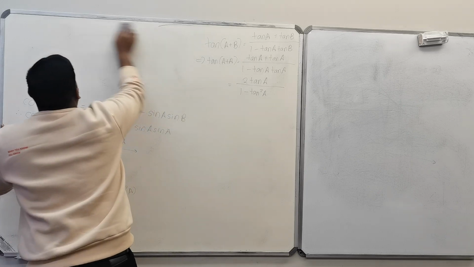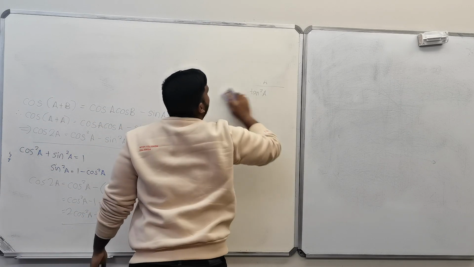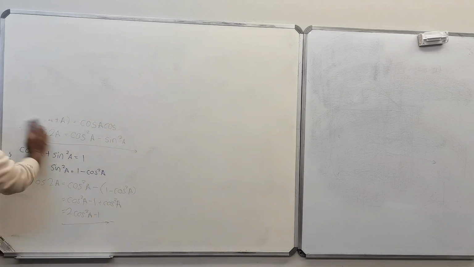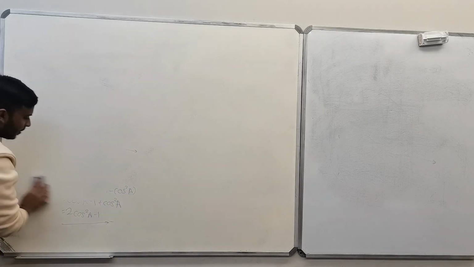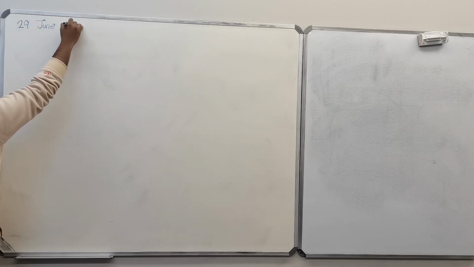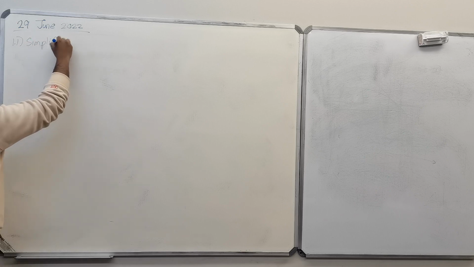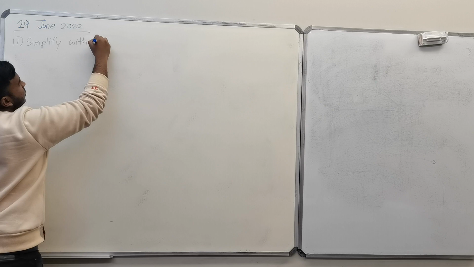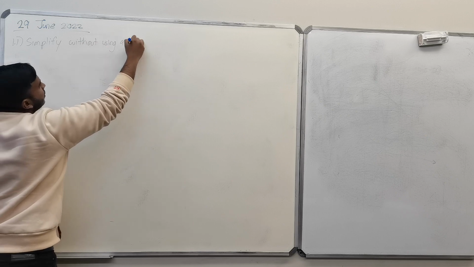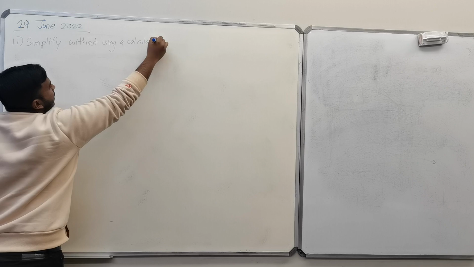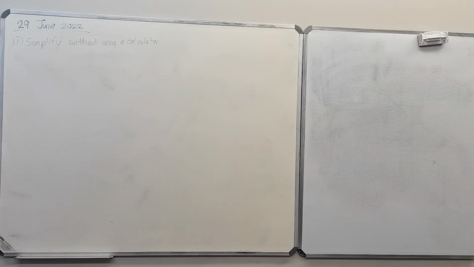Okay, so you'll know the derivation of co-ratio, you'll know the derivation of double angle. So deriving is okay. Let's get into some past year paper questions. These questions I'm looking at now are from the 29th June 2022, and these are the trig questions that came up, right? So the first question they asked you was: simplify, without using a calculator, and then what they gave you was